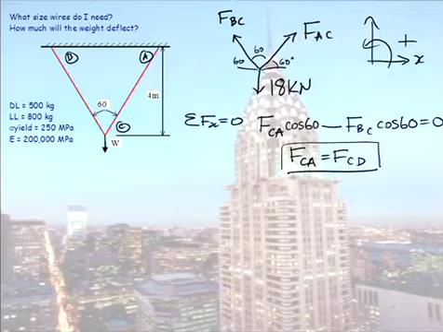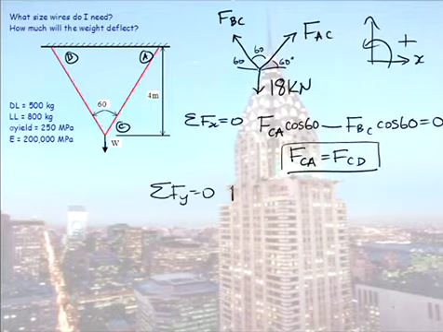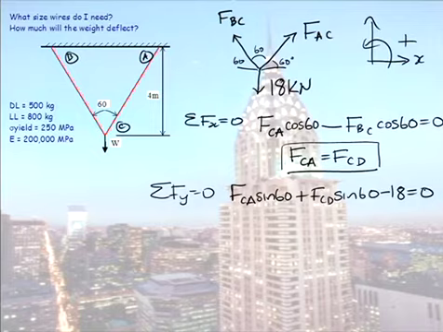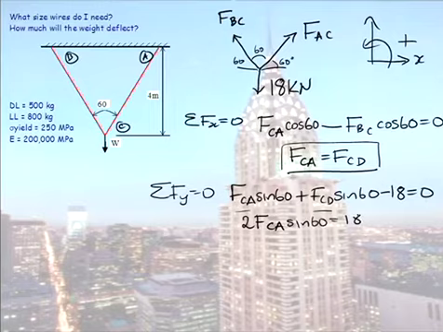You probably could have said because my system is symmetrical, the two are equal, but I've just proved it for you. Okay, we then go into our second equation. All the forces in the y direction equal 0. So I have FCA sine 60 plus FCB sine 60 minus 18 equals 0. And because these two forces have the same value now, I'll just write 2 FCA sine 60 equals 18. And from this, we end up with